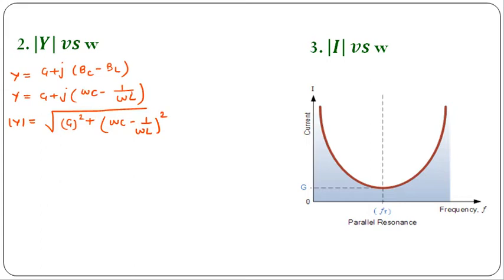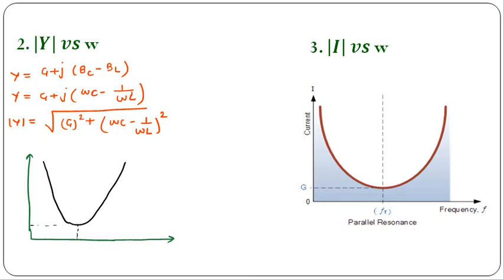So we know that in parallel resonance, admittance is minimum at the resonating frequency. Okay, so the characteristics will look like this, because admittance is minimum at the resonating frequency. So if impedance is maximum, then obviously admittance will be minimum. So this is the minimum admittance and it is at the resonating frequency omega naught or fr. Okay, so it is at omega naught, and the value of minimum admittance, that is Y minimum, we have obtained as G. So Y minimum we are getting as G. This is mod of Y versus omega.